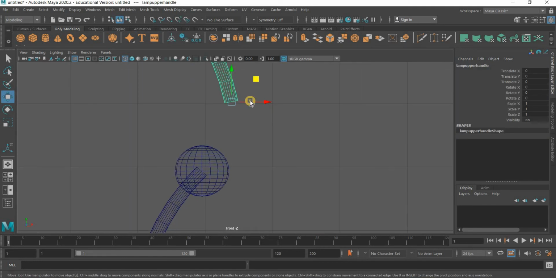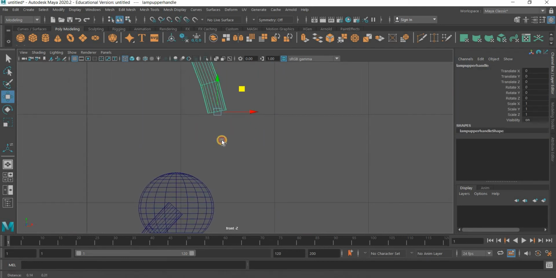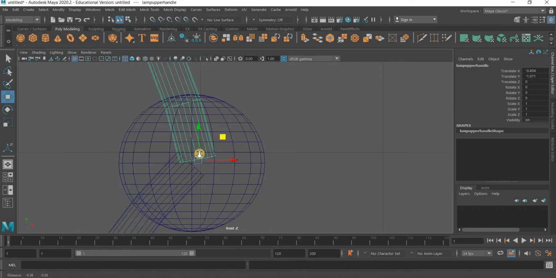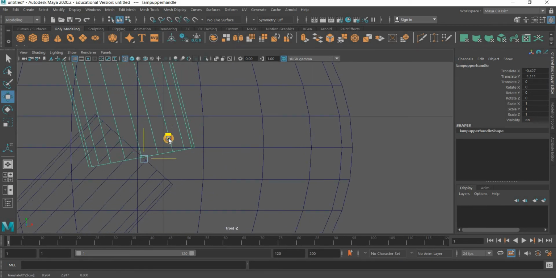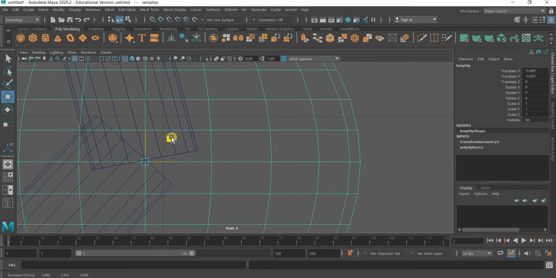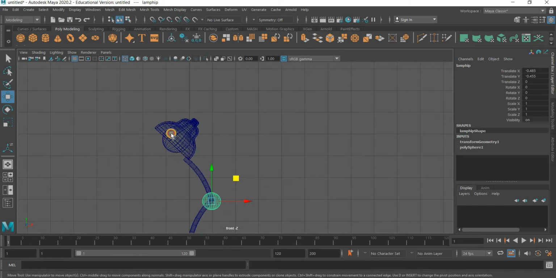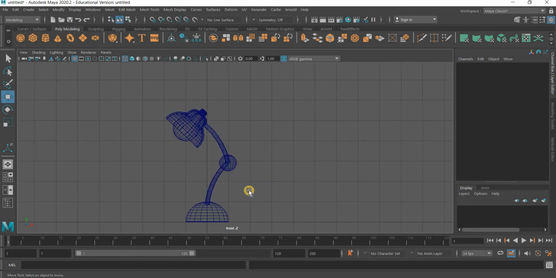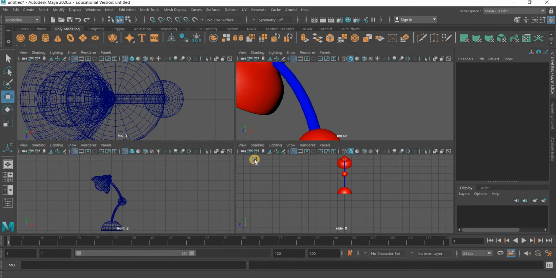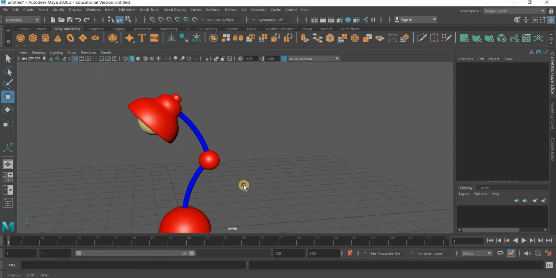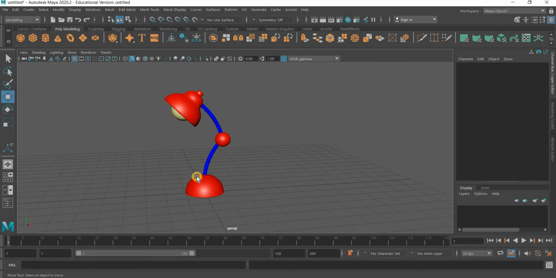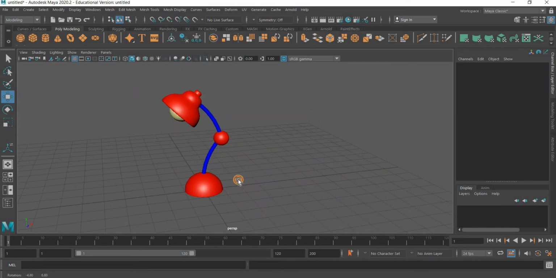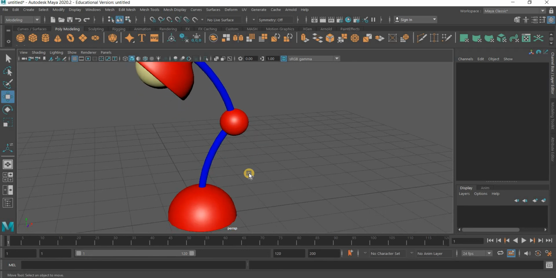Let me move this one. That one. So that looks a little cute. Okay, with smaller. All right, then